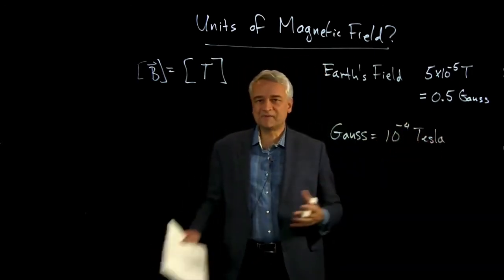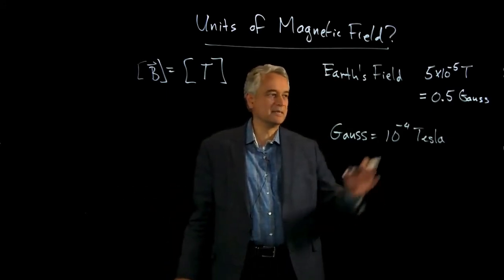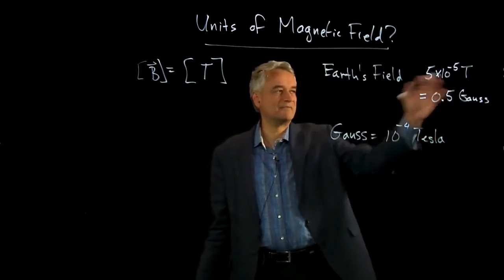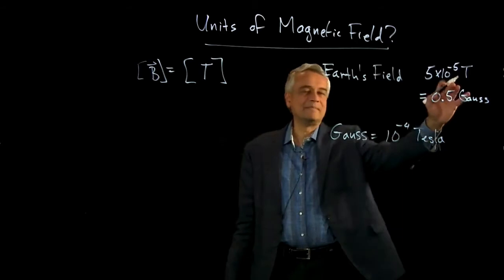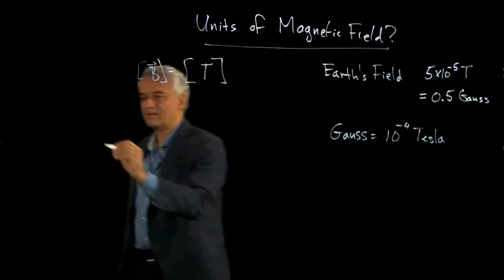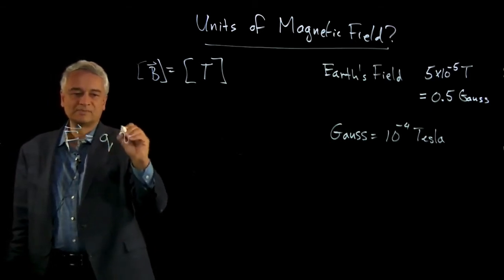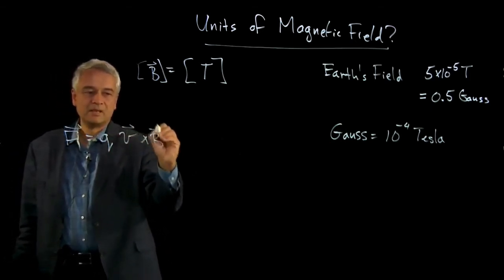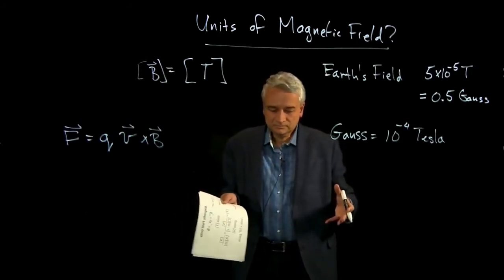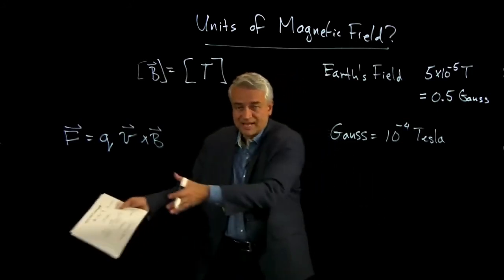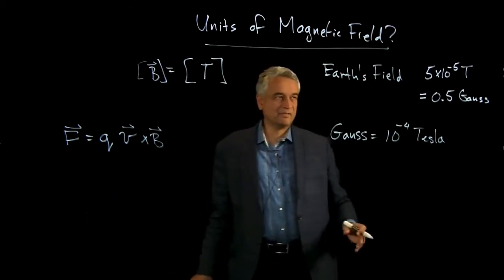So the magnetic field that we are familiar with, because we are immersed in it all the time, is about half a Gauss, or 5 times 10 to the minus 5 Tesla. What does that mean? Well, remembering the equation that we used to work out the units in the first place, QV cross B, it means that if I'm carrying around an entire coulomb of charge, and I'm moving it at 1 meter per second through the Earth's magnetic field,